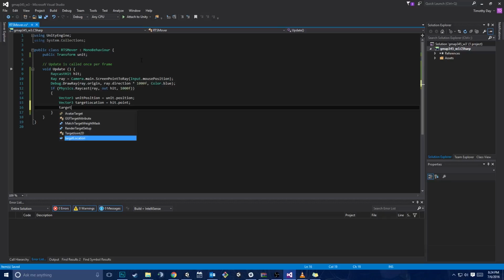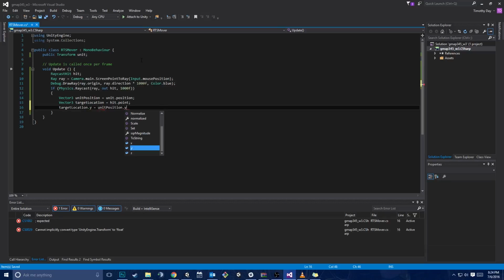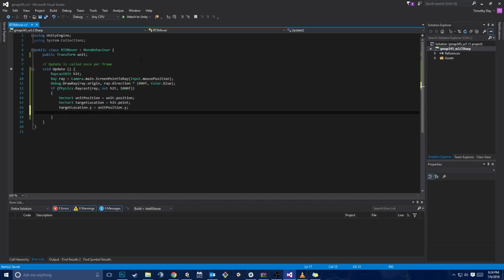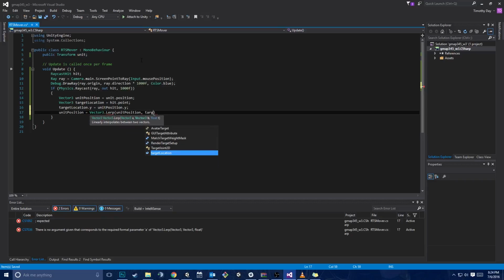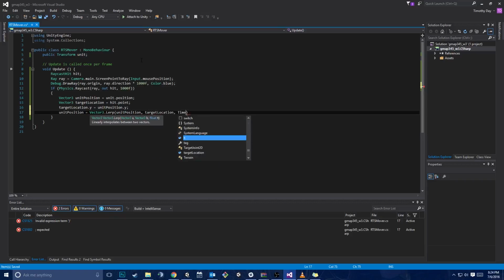I'm going to set the target location .y to the current position .y, so that I never really effectively change the y. And now I want to say unit position is going to equal Vector3.Lerp, from itself to the target location, and I'm going to do this by Time.deltaTime times a speed variable,